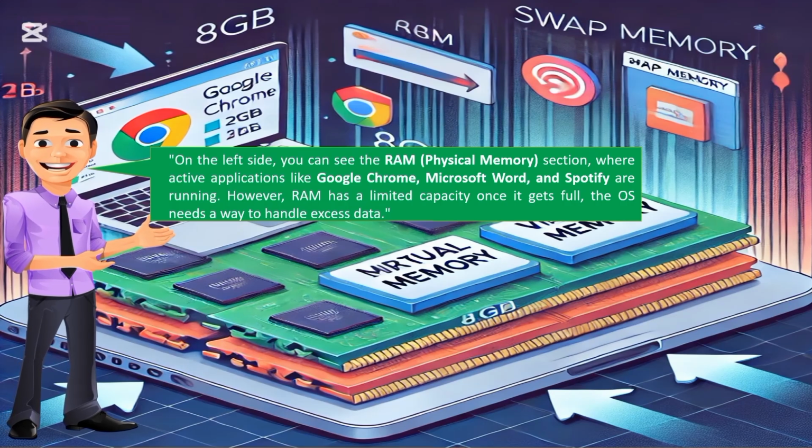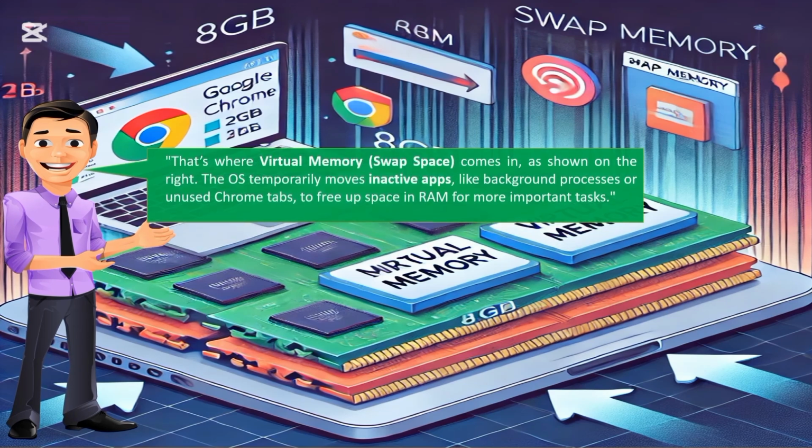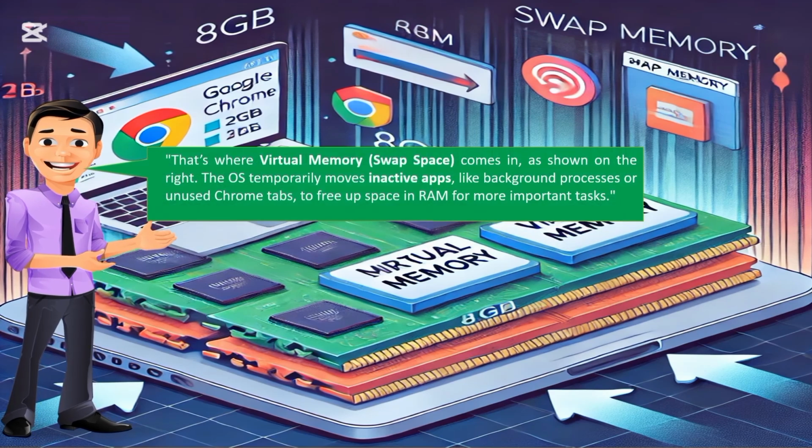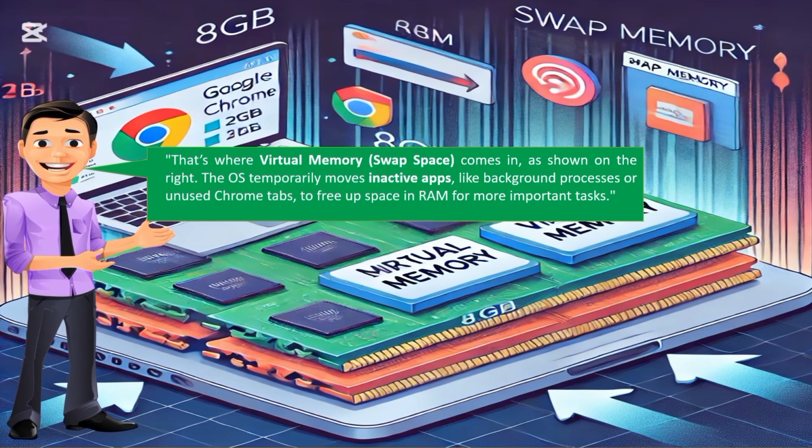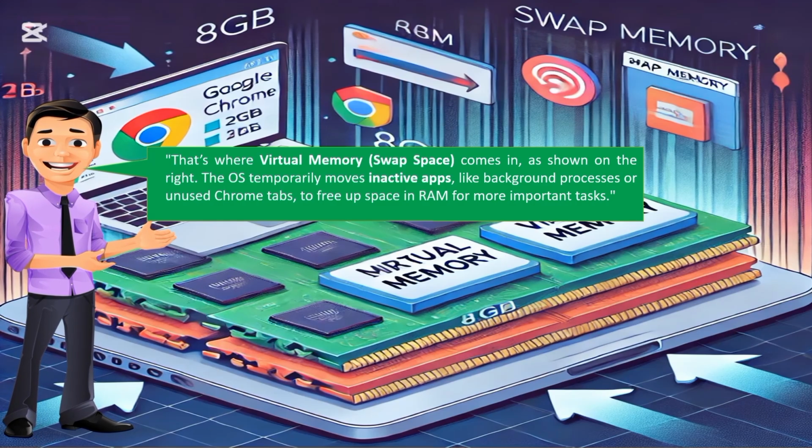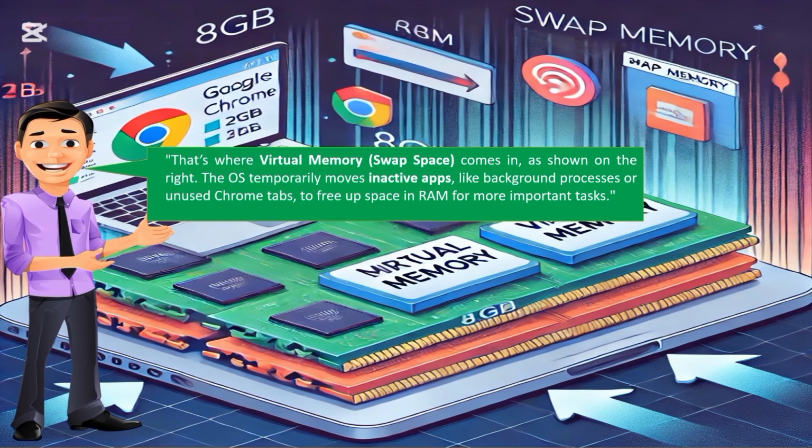However, RAM has a limited capacity. Once it gets full, the OS needs a way to handle excess data. That's where virtual memory swap space comes in, as shown on the right. The OS temporarily moves inactive apps, like background processes or unused Chrome tabs, to free up space in RAM for